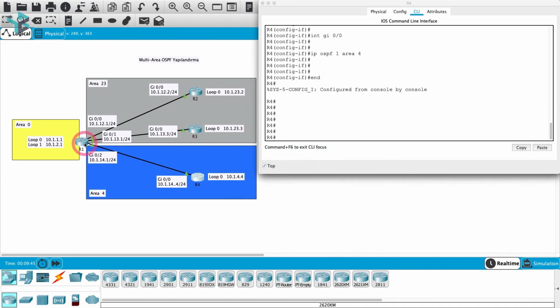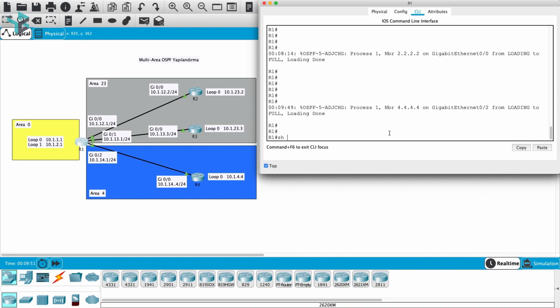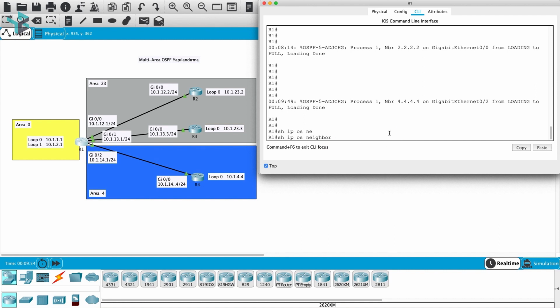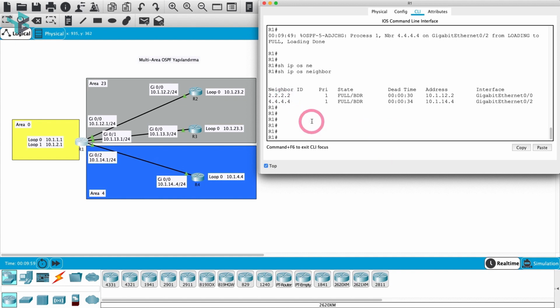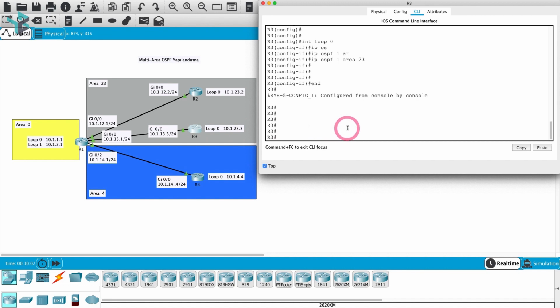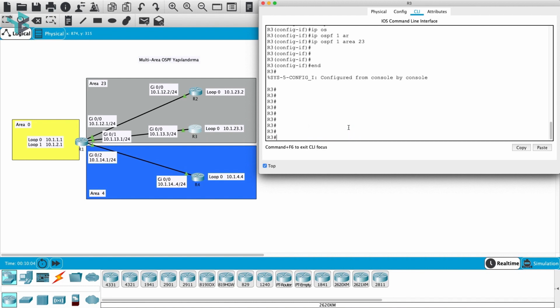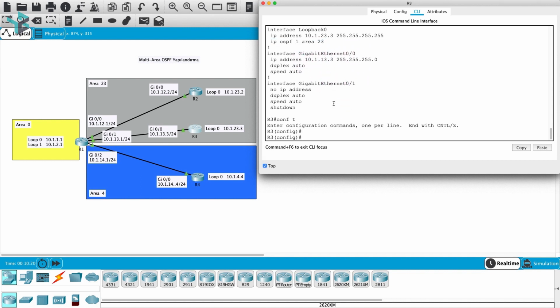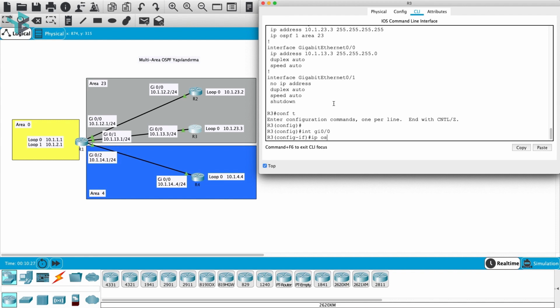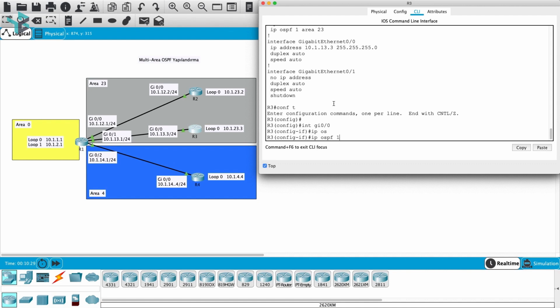Now let's look at router 1. Let's look at the neighbor situations by typing show ip ospf neighbor. We have established a connection with router 2 and router 4, and we have not yet established a connection with router 3. Let's check the settings of router 3. Here I guess we have not configured the interfaces, let's check it immediately with show run. Neighborship was not established because we did not enable OSPF under interface gigabit 0/0, now let's set it up here. I do it by typing ip ospf 1 area 23.